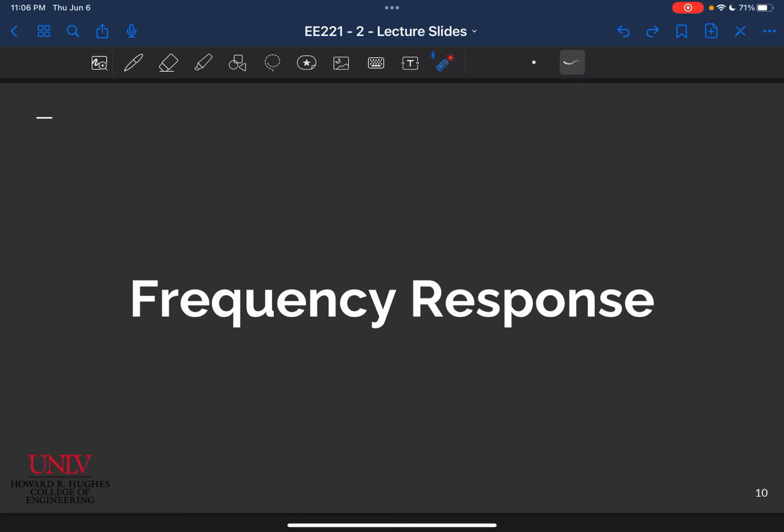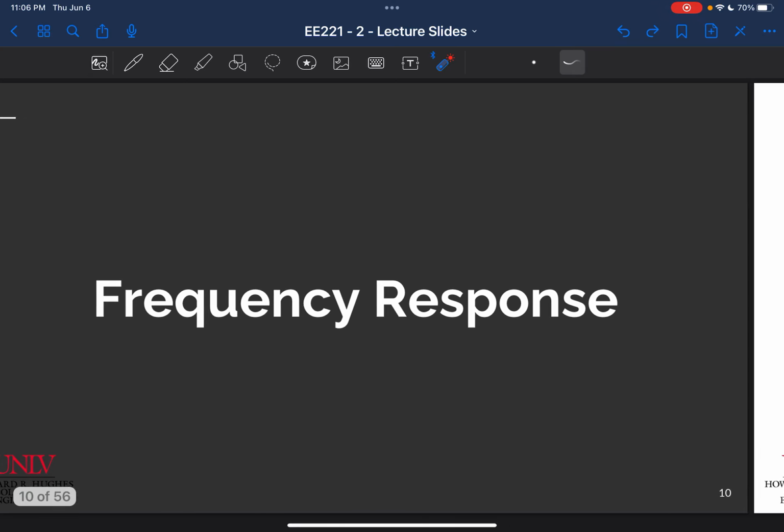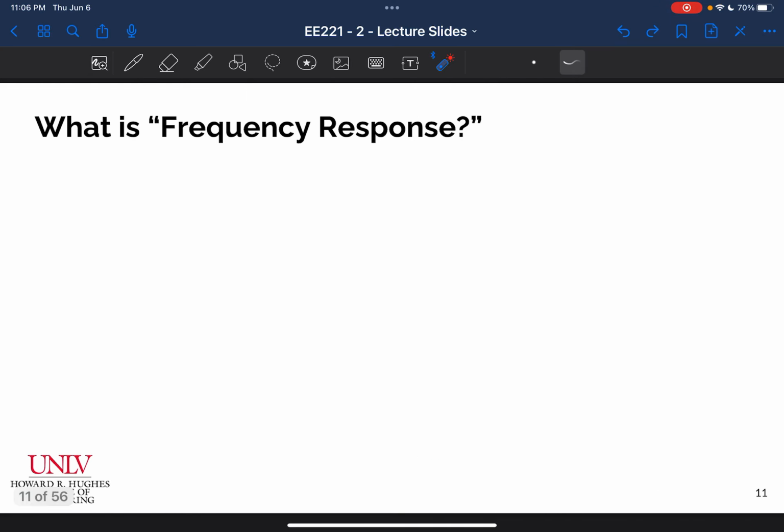All right, so we're going to get into frequency response now. We've talked about these transfer functions, how to obtain them, what they are, and now we are going to move into frequency response. But before I even talk about what frequency response is, I just want to recap what we did